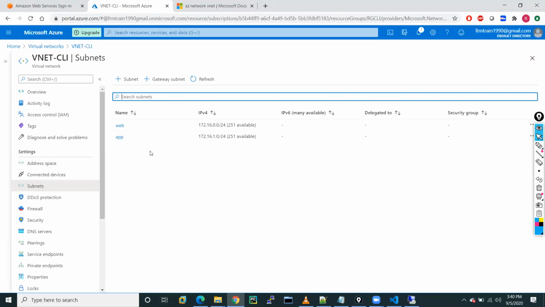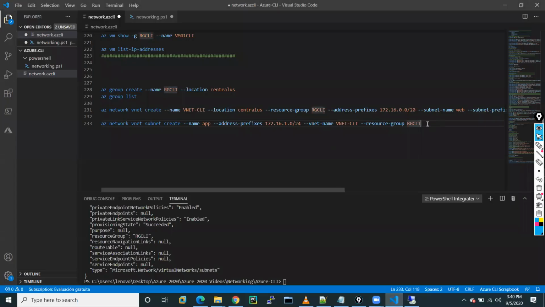If you want to add one more, you can add by UI or just go into your Visual Studio Code, copy this entire line, paste here, change the name like DV, database, give here 2.0.